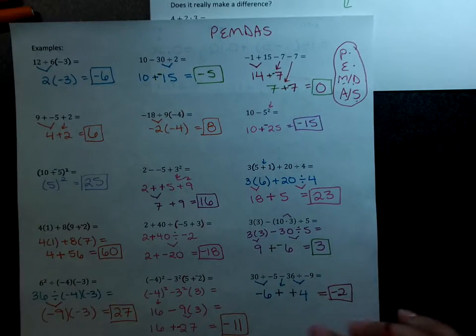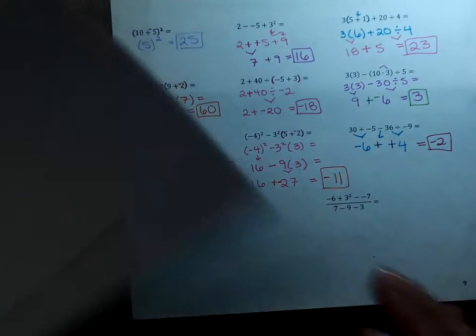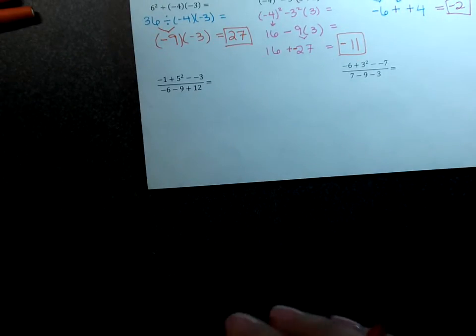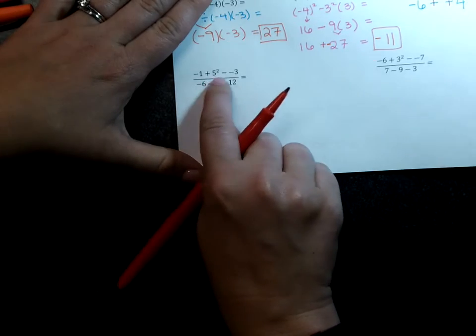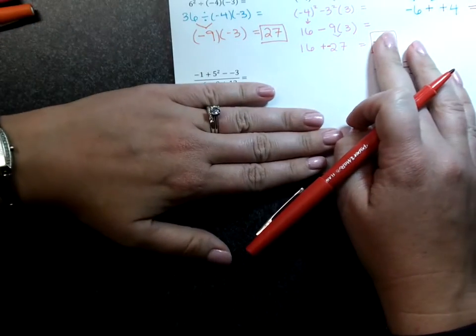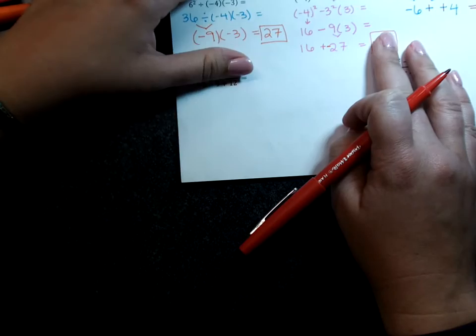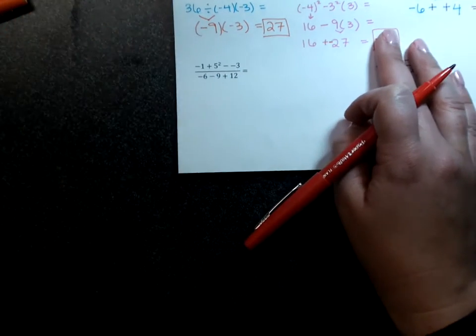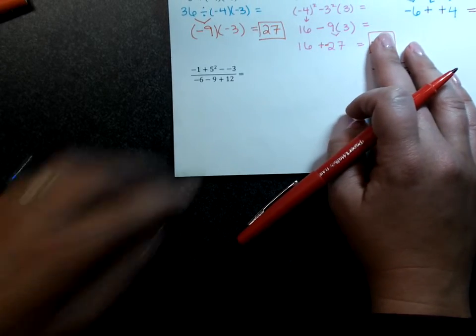You might have noticed a couple problems at the bottom of the page that look a little insane. My students always do not like these last two problems, but I want to go through them. They're not as bad as they look. It's just, again, following order of operations. Make sure you can see that. What we're going to do is work the entire top of the problem as if the bottom is not there. Then we will work, and we'll get an answer. And then we'll work the bottom of the problem as if the top's not there, and we'll get an answer. Alright, so